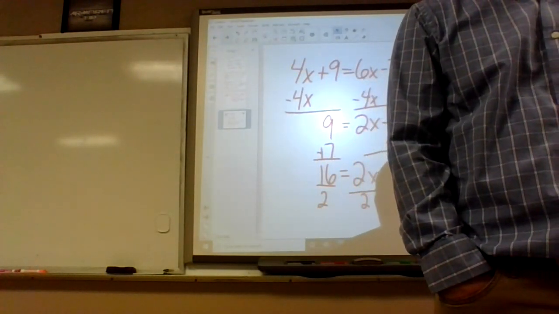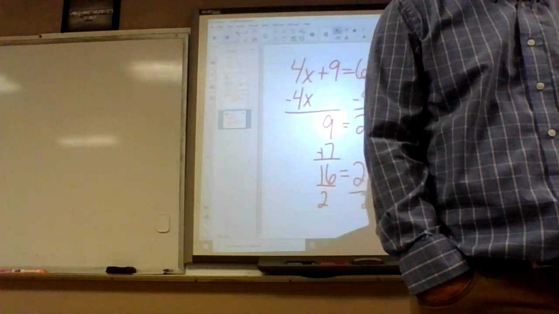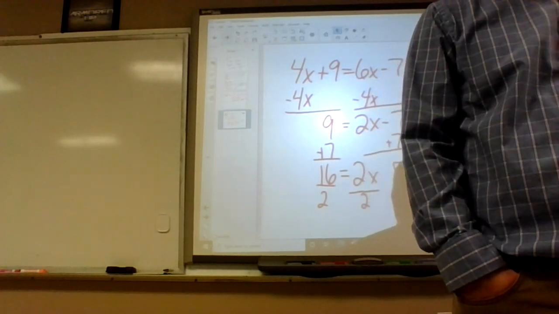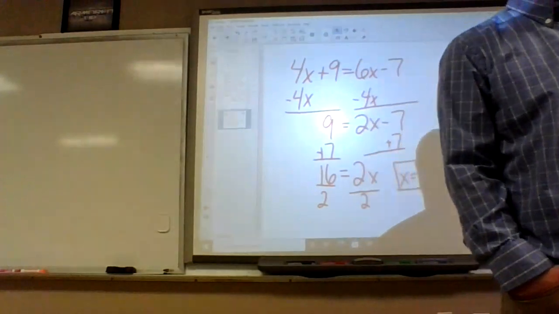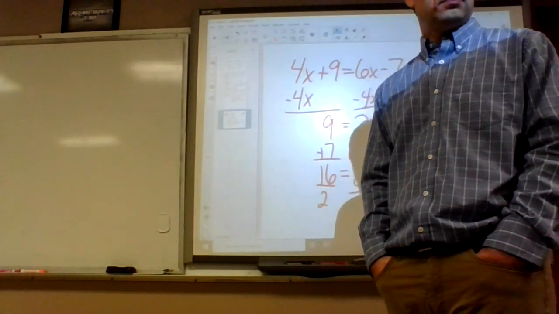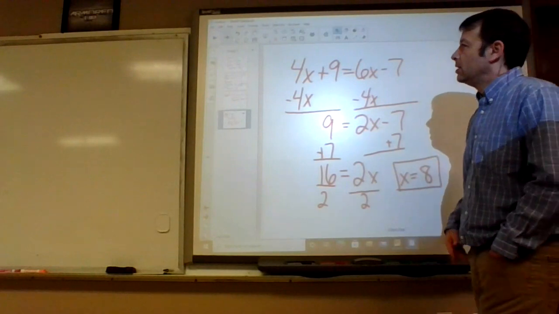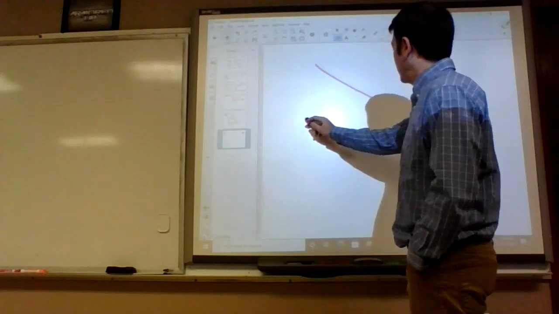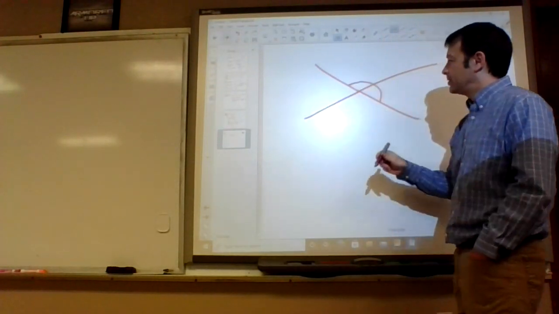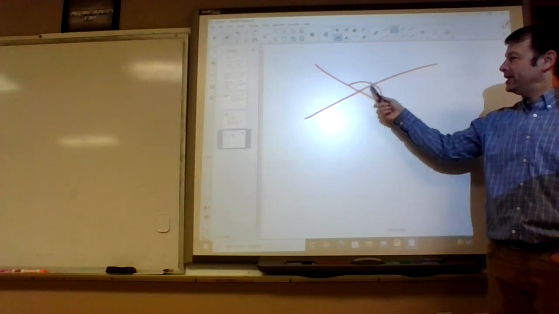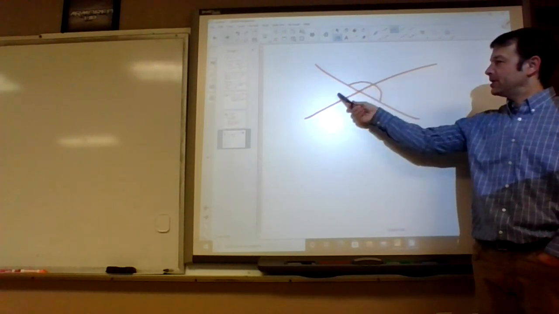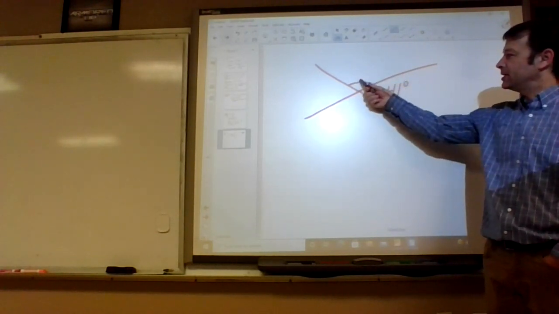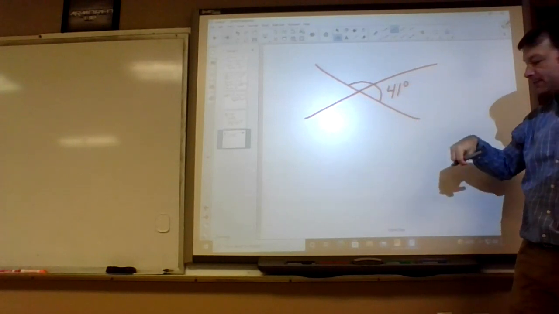Okay, so C is find the measurement of angle FKG. Which angle is FKG? The top. They didn't give us x's for the top, so how do we find the top? Yeah, the angle that we just found and that top angle make a linear pair together, right? Like these two angles make a line together. So they have to add up to 180. Any two of these angles make a straight line together. So if this was 41, then this is 180 minus 41.